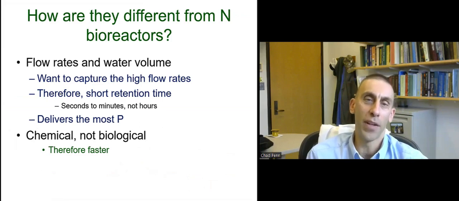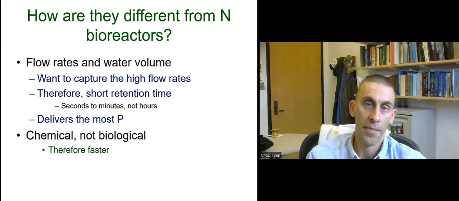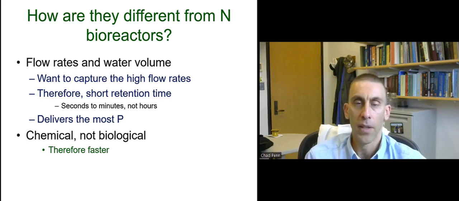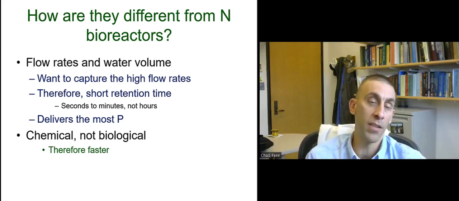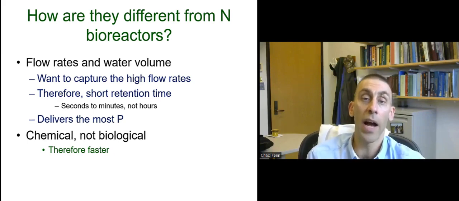So how are they different from nitrogen bioreactors? It sounds similar, you've got a filter buried in the ground, at least with tile drainage. The main difference is that nitrogen bioreactors are designed to handle a much, much lower flow rate and different flow volume. With phosphorus removal structures, remember, you want to capture the high flow rates because that delivers the majority of the dissolved P. Therefore, that tends to mean that you're going to have to use a short retention time. We're talking about designing these to operate at retention times, contact times of seconds to minutes, not hours like a